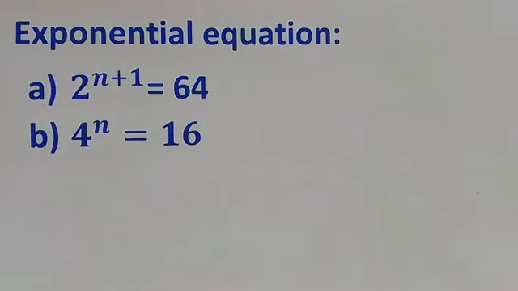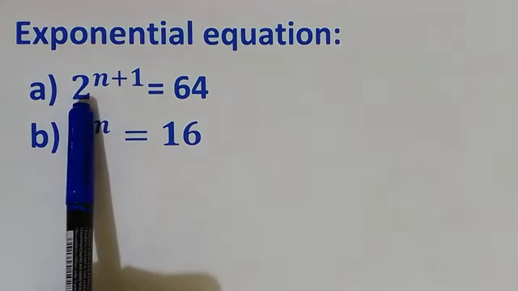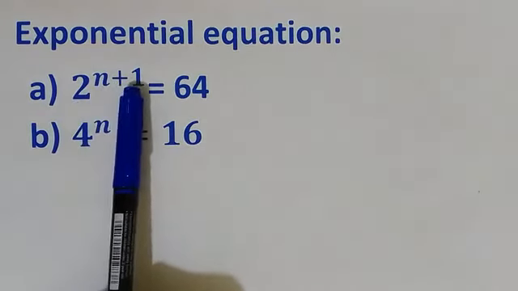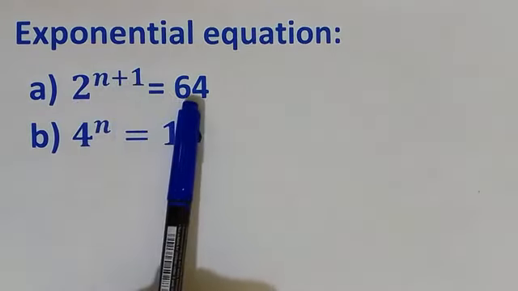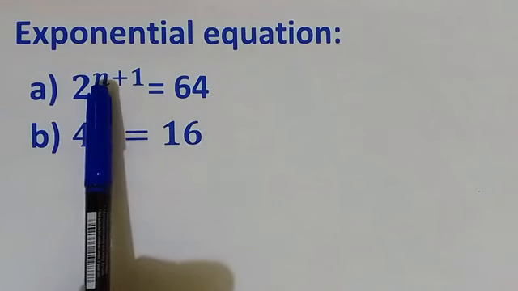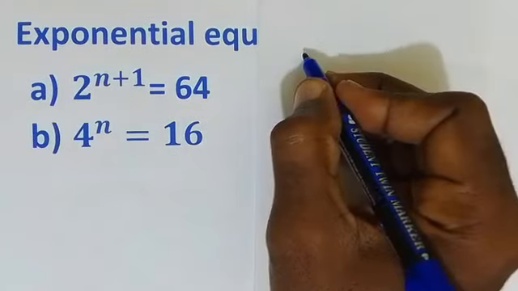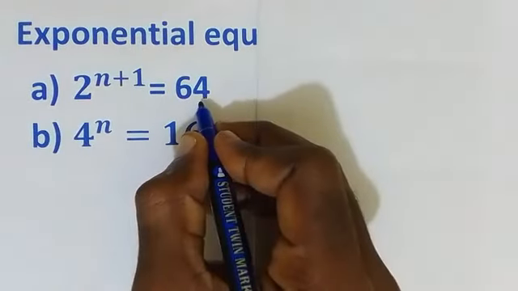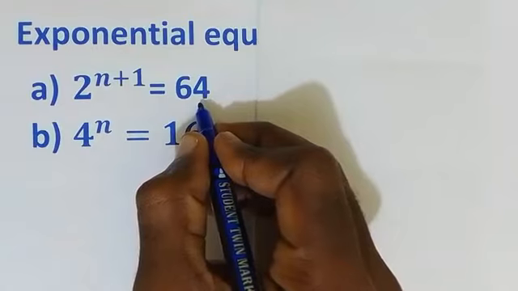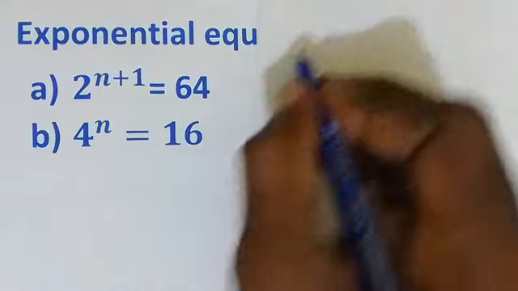It says that 2 power n plus 1 is equal to 64. We need to solve for n. Let us put 64 as the product of prime factors. That is going to be